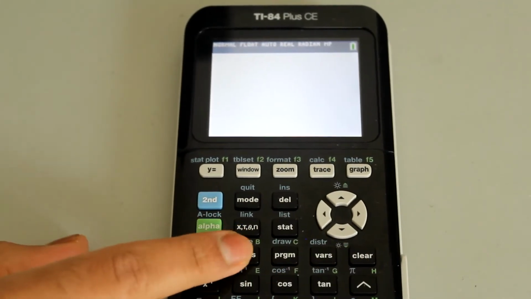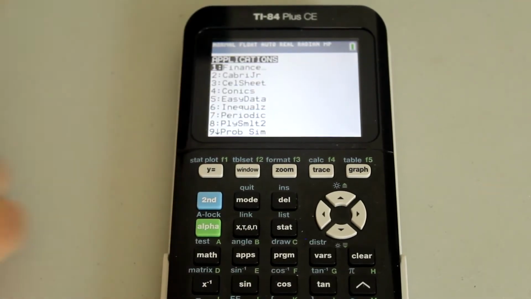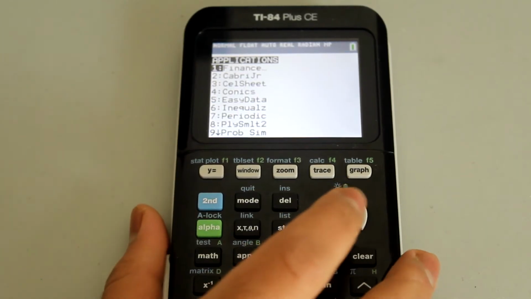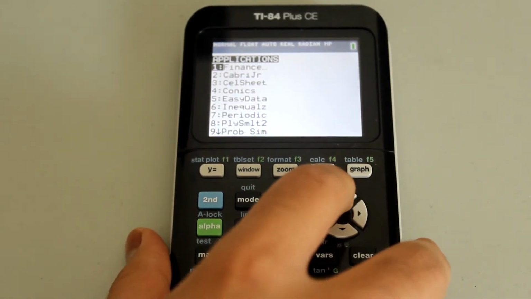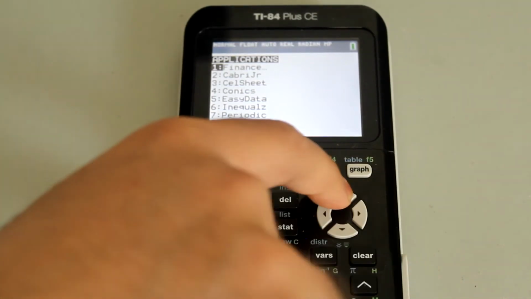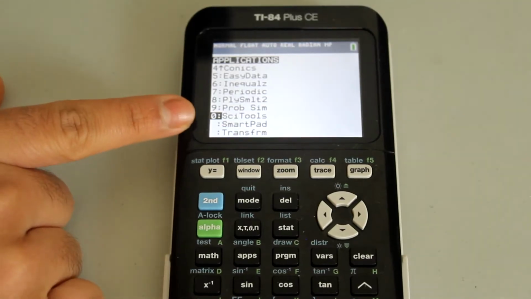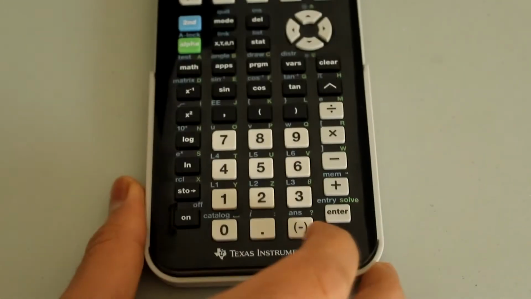First, you want to press the button that says Apps right here, and when you press that, it takes you to a menu that looks like this. You want to scroll down to the feature that says Science Tools, but in this case you want to go in reverse using the up arrow because the feature is further down the list, and then you want to scroll up to Science Tools, and once the cursor is on that, hit enter to continue,